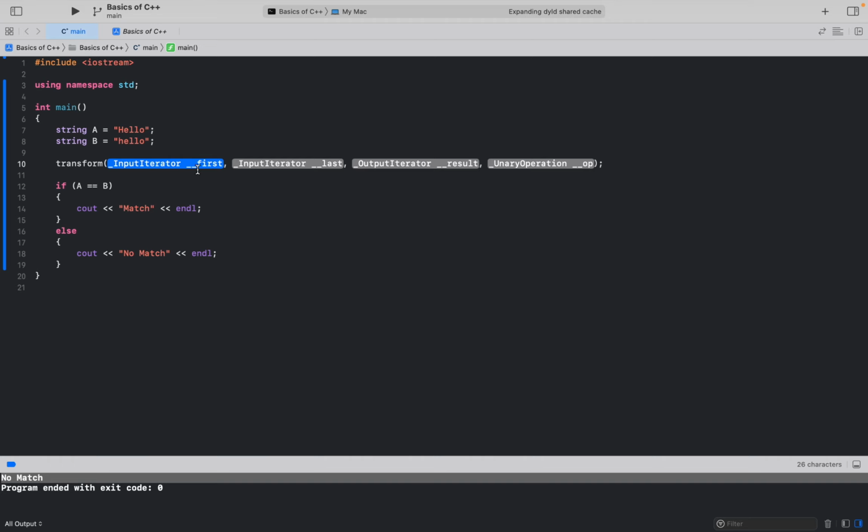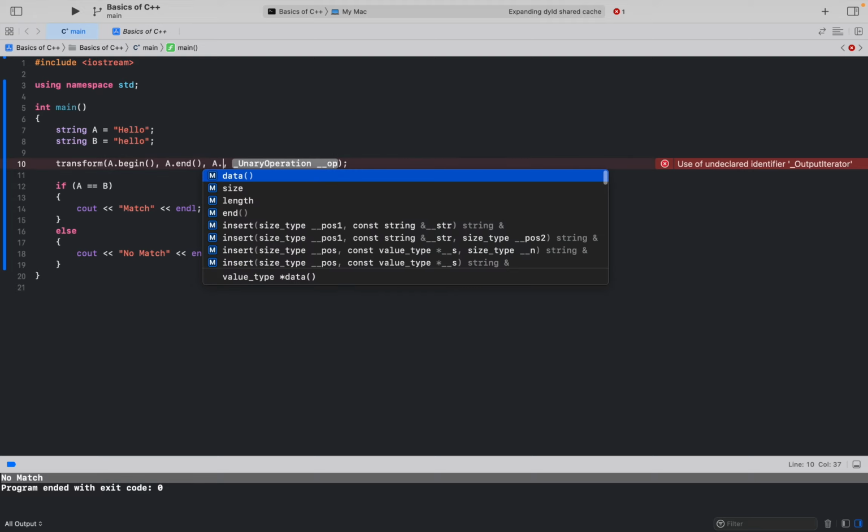arguments basically. So first one is where our string starts. So the first string, which is hey begin, and then where the first string ends. And then again we are going to basically tell the program where we want it to start making the letter smaller. So it's again start begin,